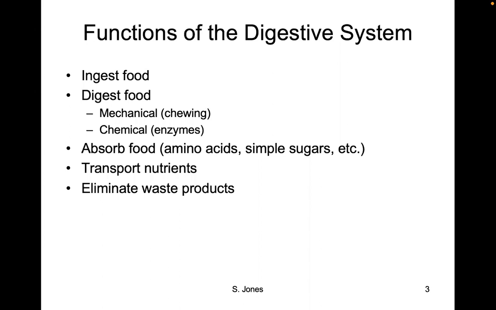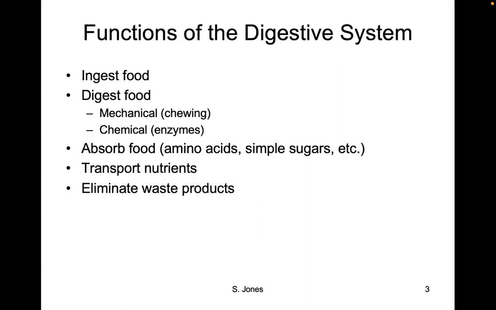chemical enzymes that will help further break those larger molecules, we call them macromolecules, into smaller bits, or you could even consider them micromolecules, even though we'll actually talk about what constitutes micromolecules later. But breaking them down kind of like molecular scissors, breaking big pieces and big molecules down into smaller ones. So that was digestion.